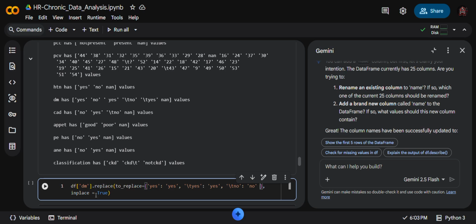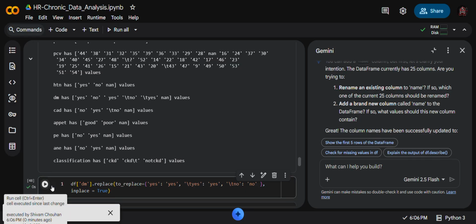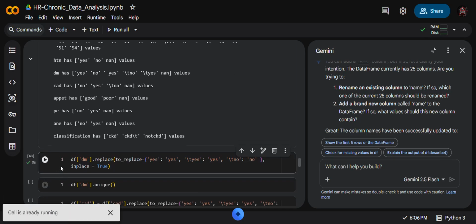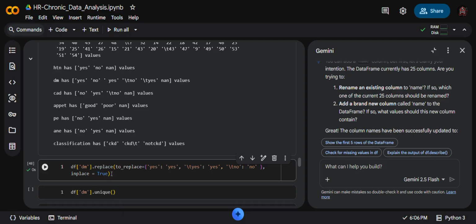Now colon, inplace is equal to True. Inplace is a boolean value we take normally for a proper command like this. Let's see what happened now. This is a command, but we did not mention df dot df colon, also df bracket colon dm dot unique.